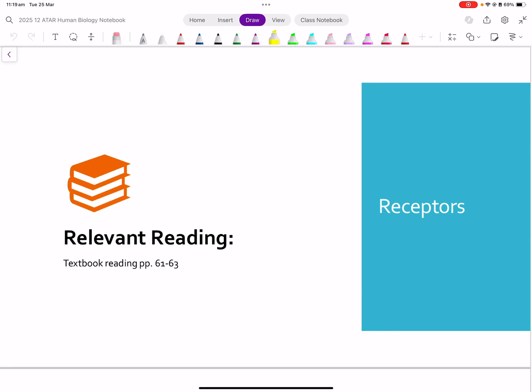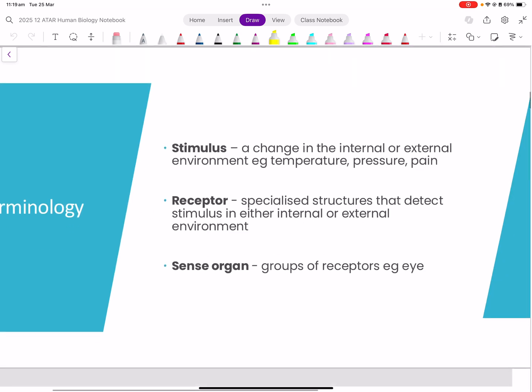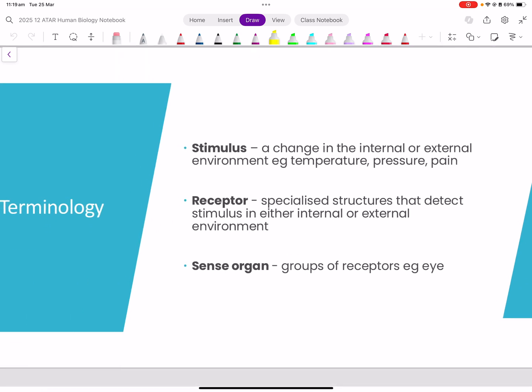In this lesson today, we're just going to have a very quick chat about some of the different receptors found around the body and what a receptor is. So, to start us off, some key terms that we need to understand as we jump into this next portion